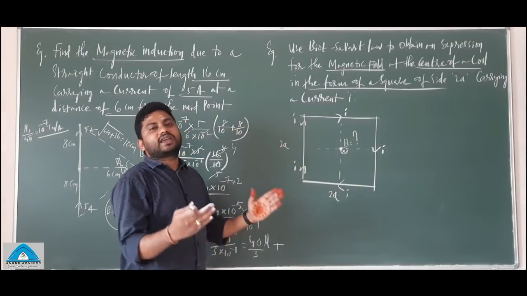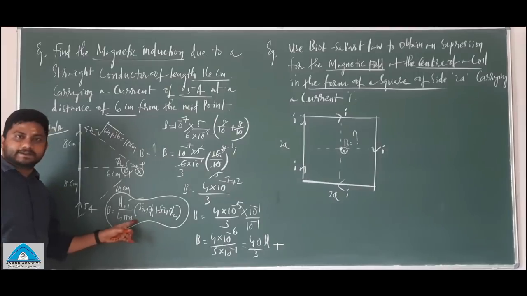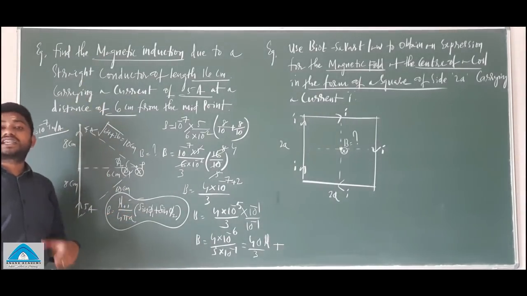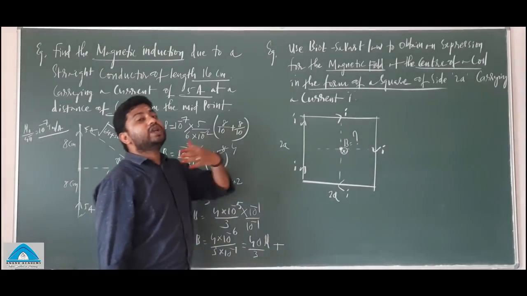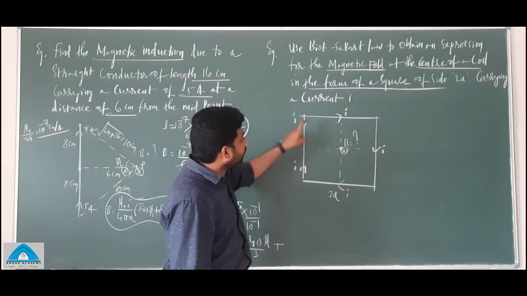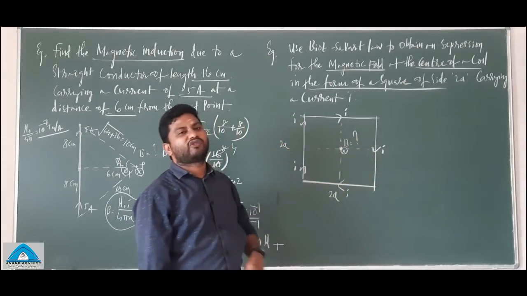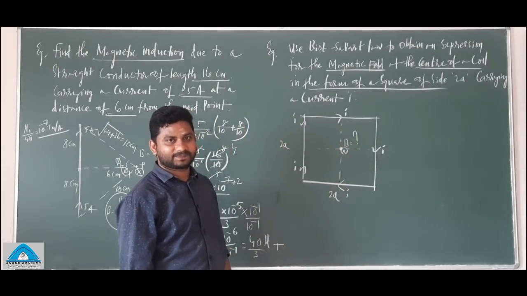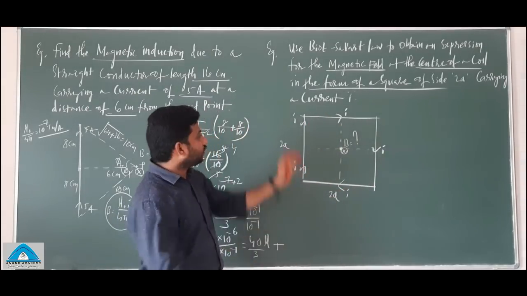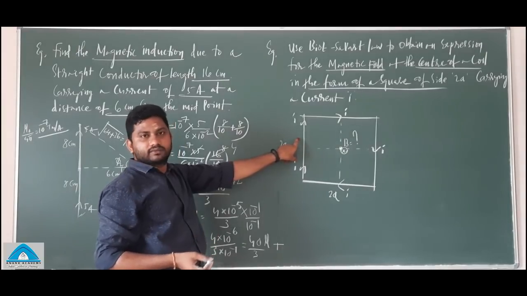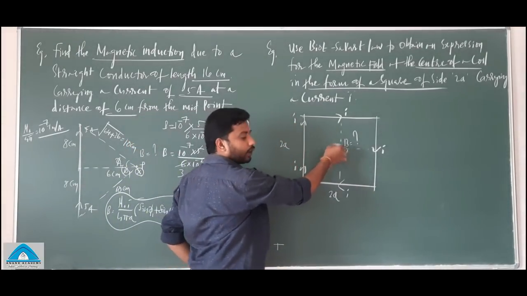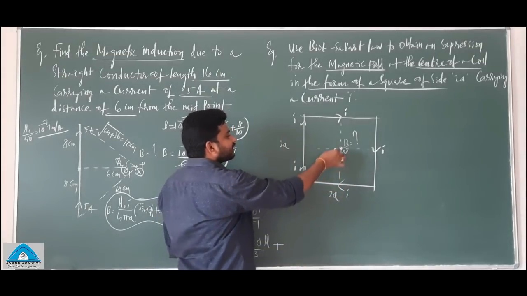This is a similar case to this expression, but this is the expression we have done with a single current carrying wire. But here you need to imagine that there are 4 current carrying wires. Number 1, 2, 3, 4. 4 current carrying wires here. Alright. So let us concentrate on the first wire. What is the magnetic field due to this wire at this point?